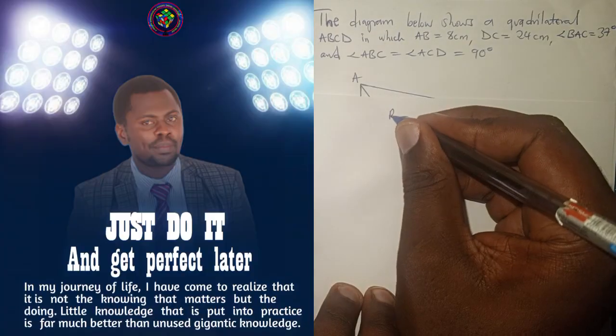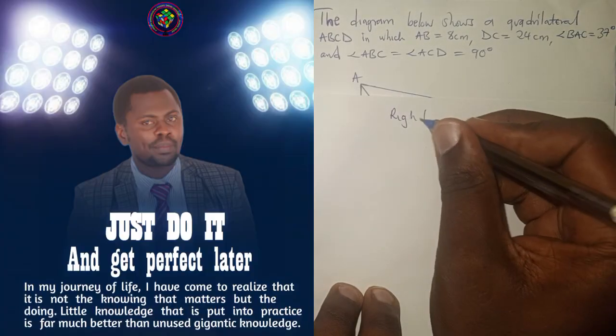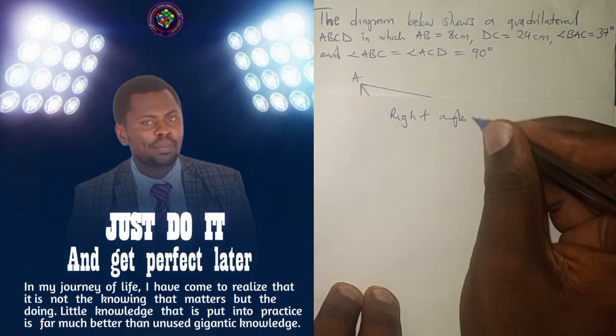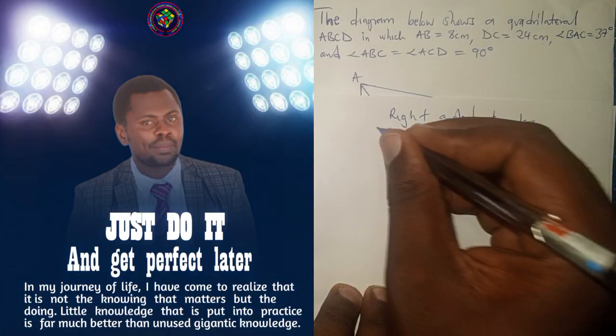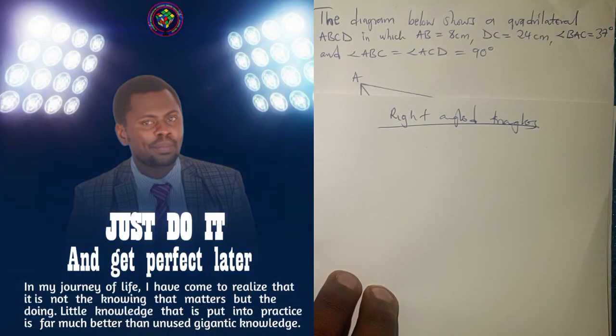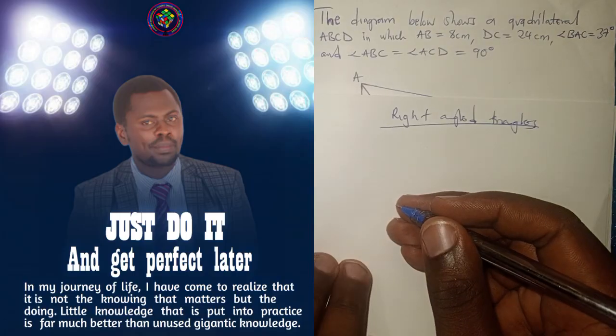Now we are looking at right-angled triangles. A right-angled triangle is just a triangle with one angle equal to 90